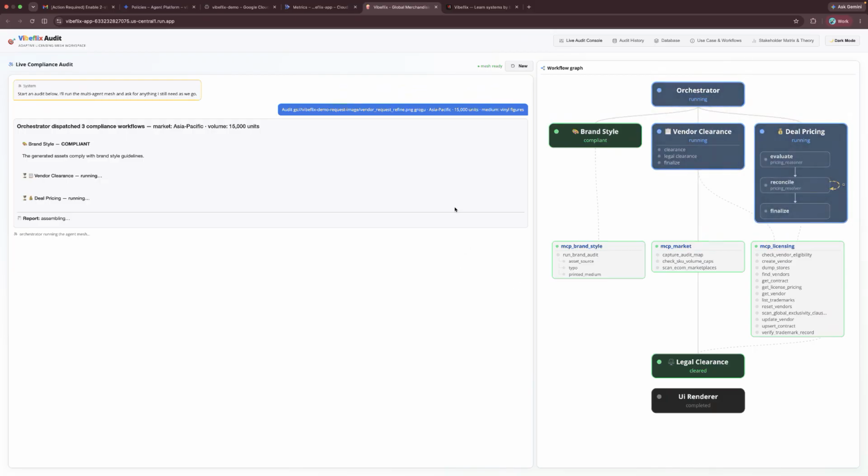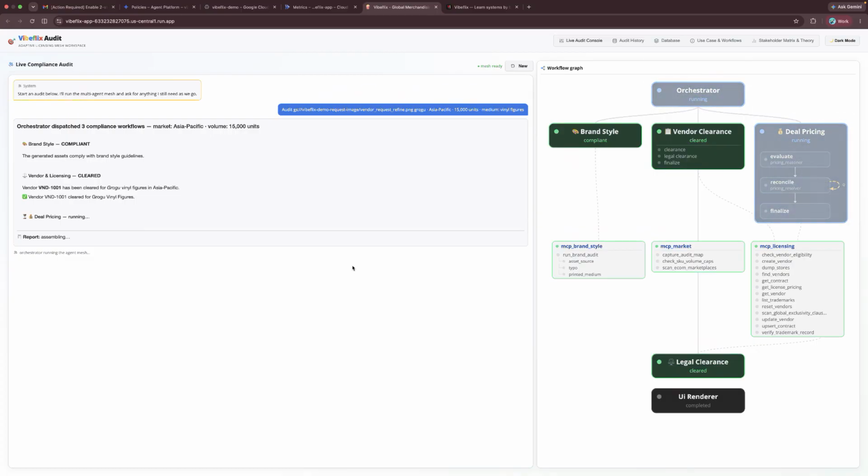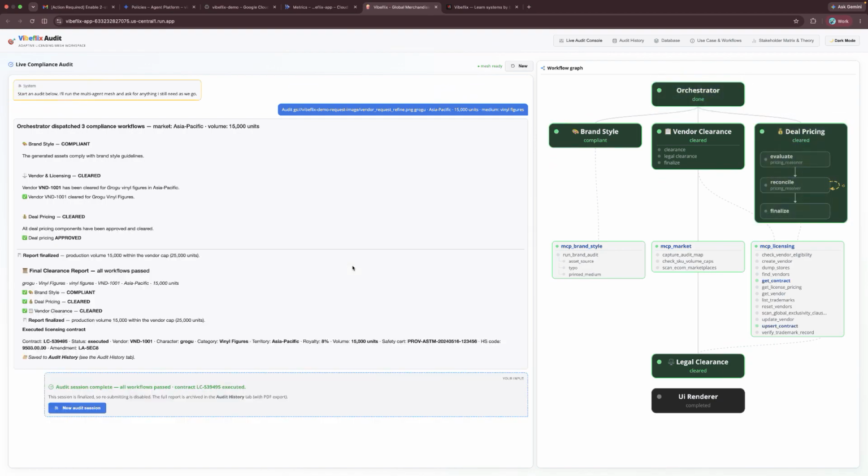So basically what I have here is A2UI. My UI is not static. It's actually generating text fields and input fields based on the need itself, right? So everything is dynamic. Normally you don't see that in enterprise, but I think it'd be cool to show off why we need A2UI, why we need to make it dynamic. As you can see now, I have a full running cleared